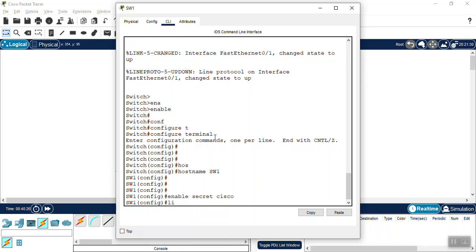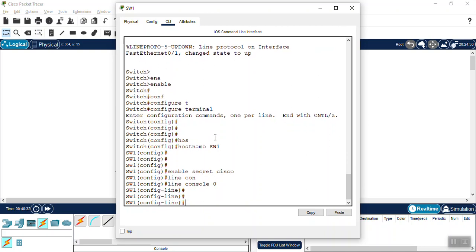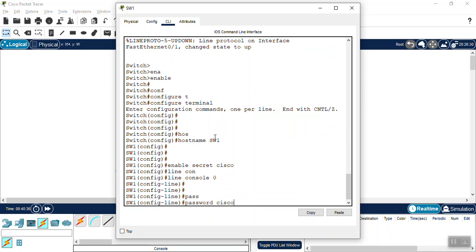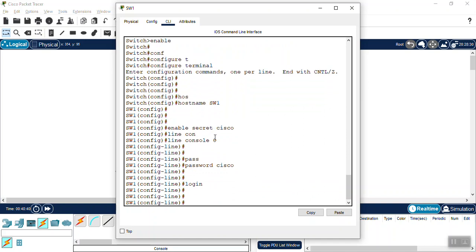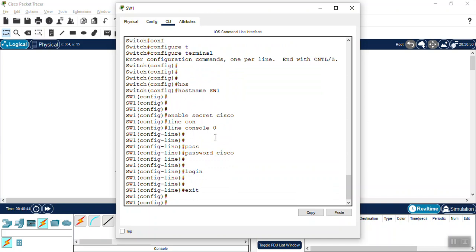Then we go to line console 0. We give the password here, and then the login command, the same steps. Then we exit from here and go to line VTY 0 to 15.